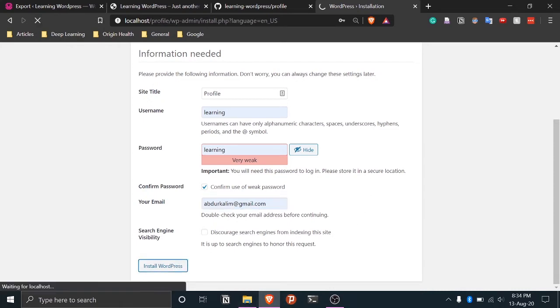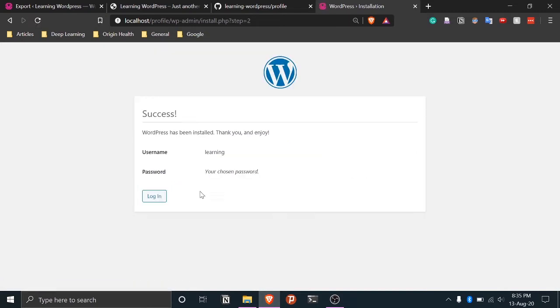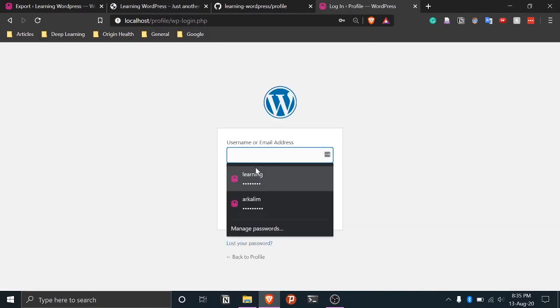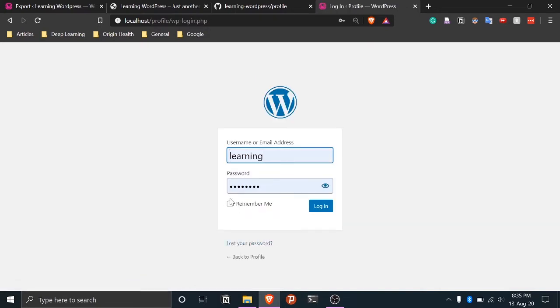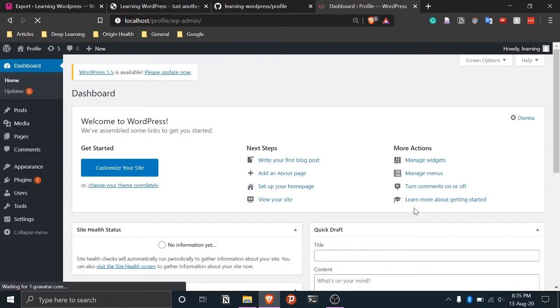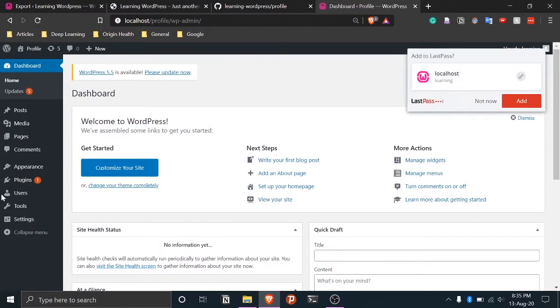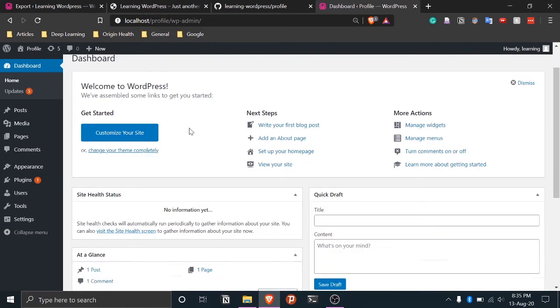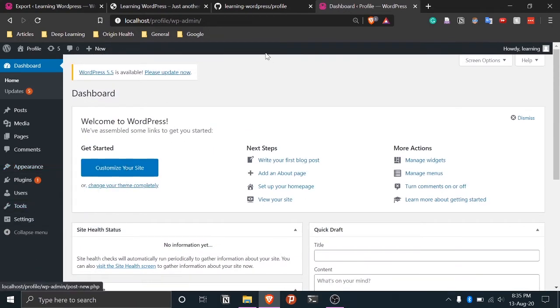Okay, so since it is done, we'll do login, we'll do learning, and then remember me, login. So now you can see that we are successfully inside.